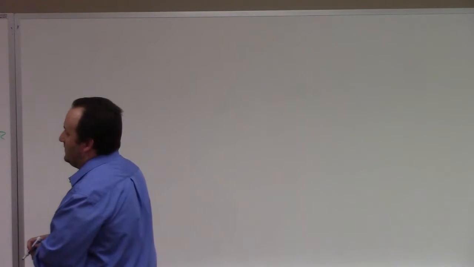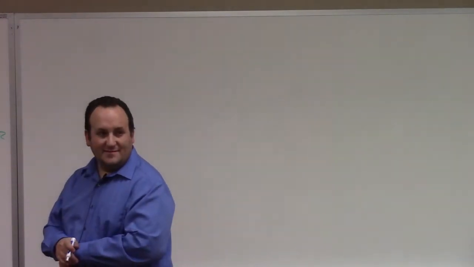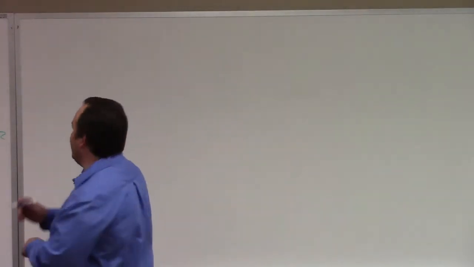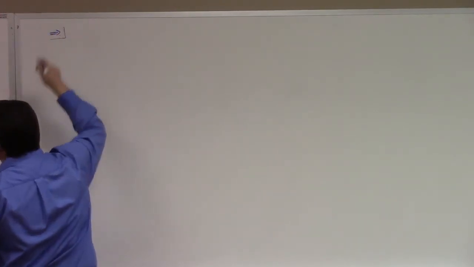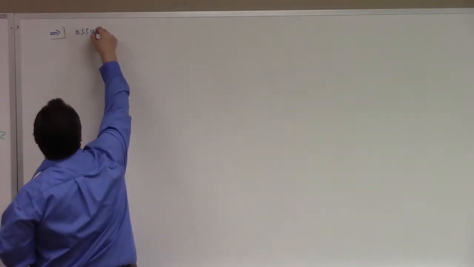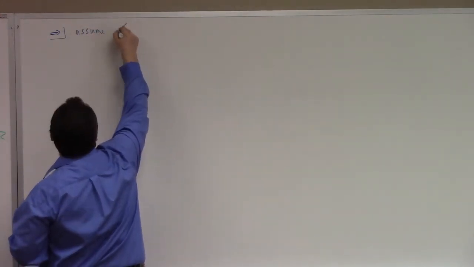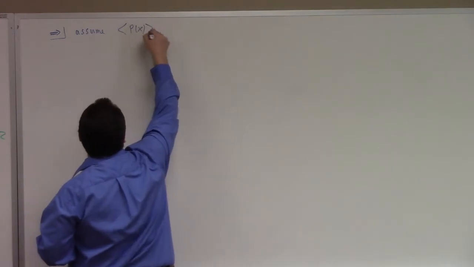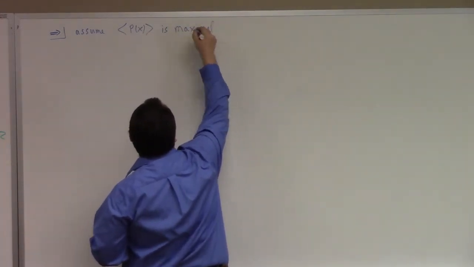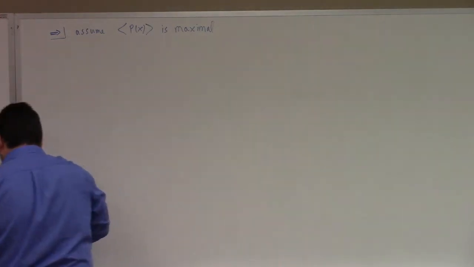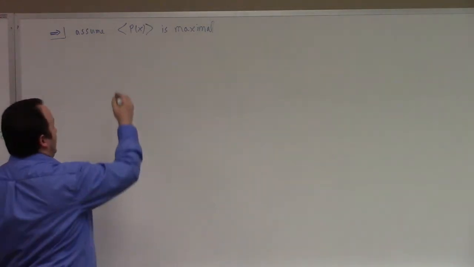You guys will help me, I hope. Which direction do you want to go first, forward or backwards? Forward? Okay. I thought I heard both. Let's see here. Forward. So we should assume that the ideal generated by P of x is maximal. What does that mean? That says that if I is an ideal,